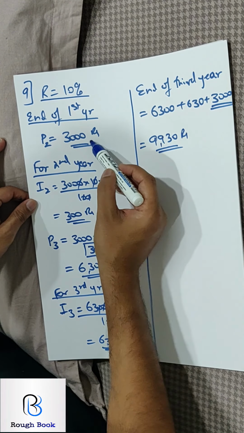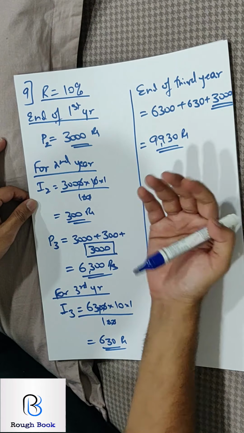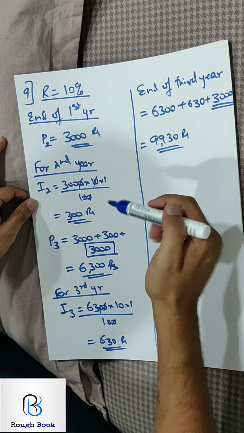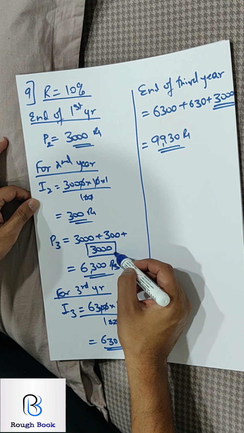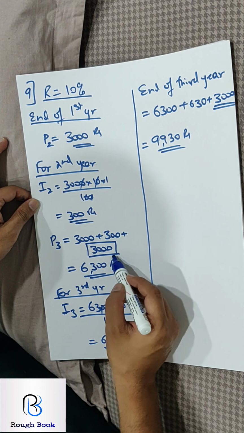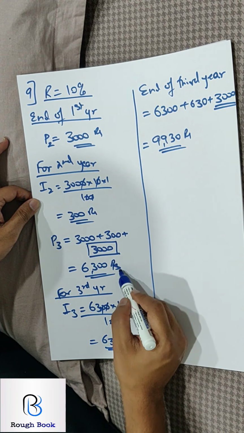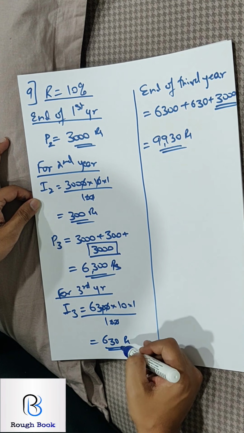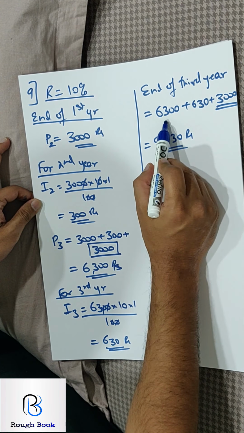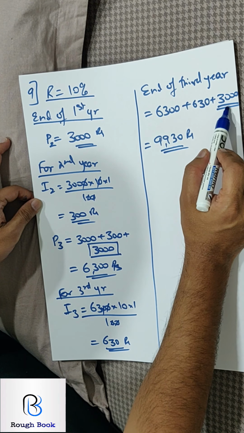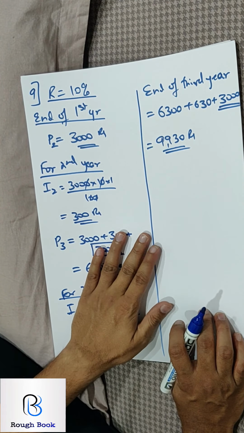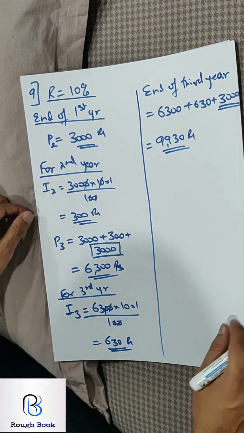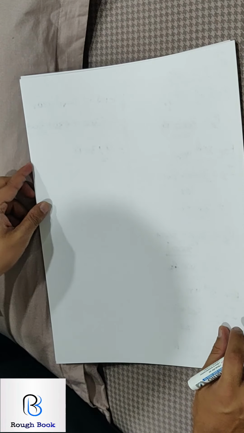At the end of the year he is depositing. So throughout the year he is not depositing, so no interest. At the end of the year, the second year, he gets the interest, you add it, and you add another 3,000 at the end of the second year. So you get the principal for the third year, calculate the interest plus principal plus another 3,000 at the end of the year. So it becomes 9,930. See, these are simple sums, but you need to understand the language of the question, otherwise you will mess up.